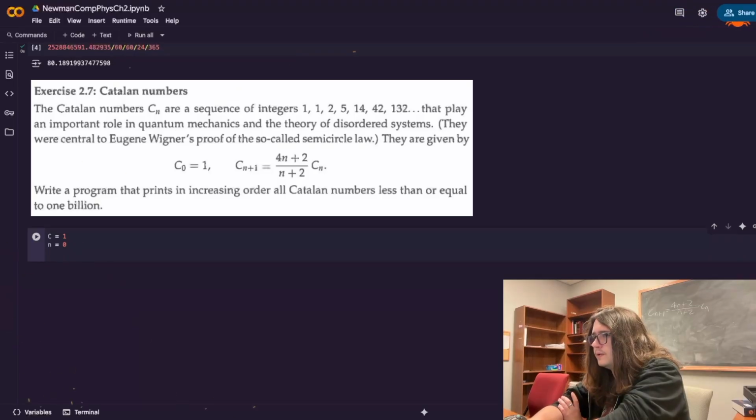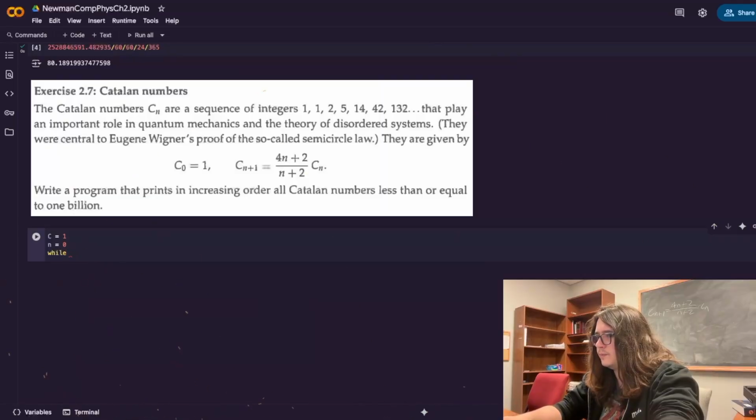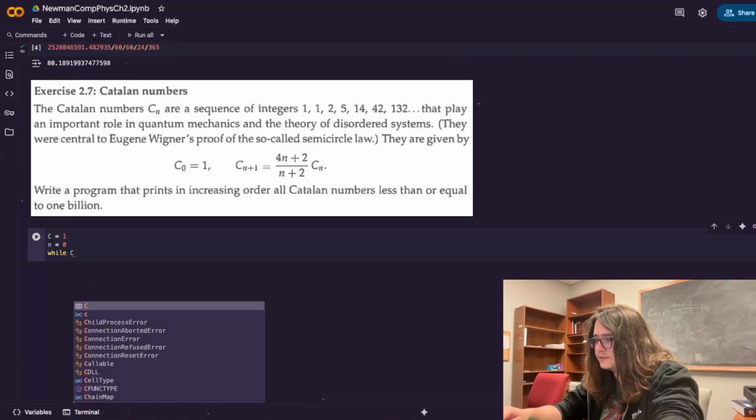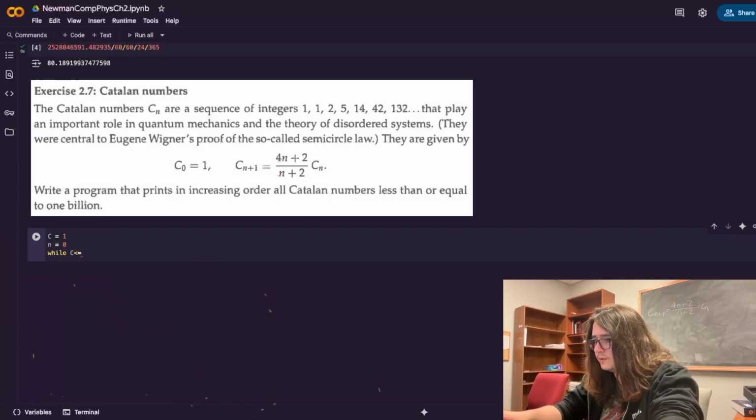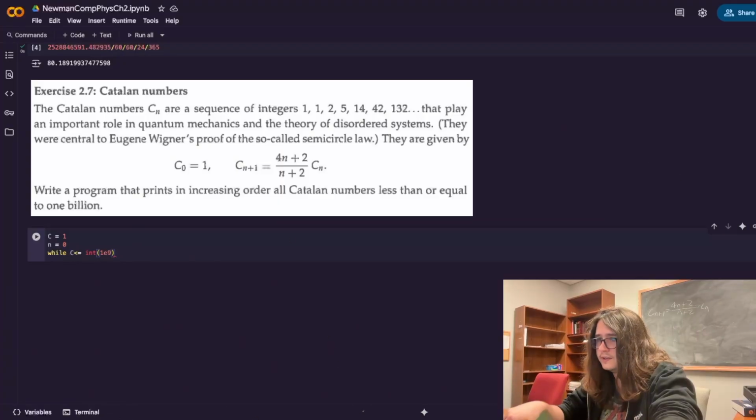And so we need to do a while loop. We're going to do while c is less than or equal to 1e9. Because whenever you do it in scientific notation like that, you have a float pretty much, and all these are supposed to be integers. So let's say it's less than or equal to int of 1e9, and that should work. It'll check